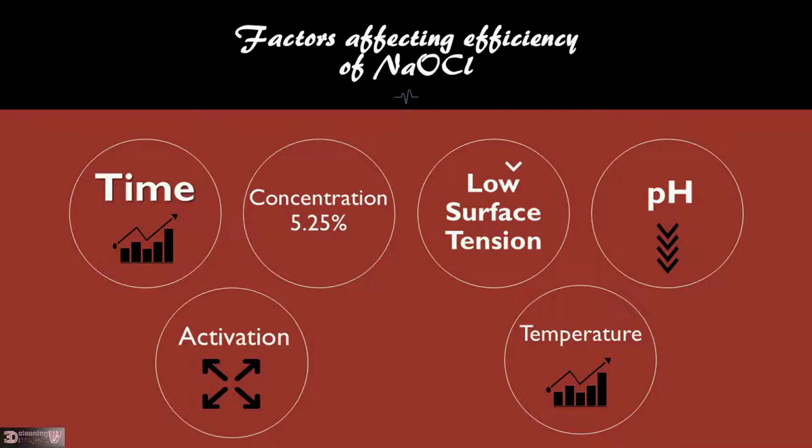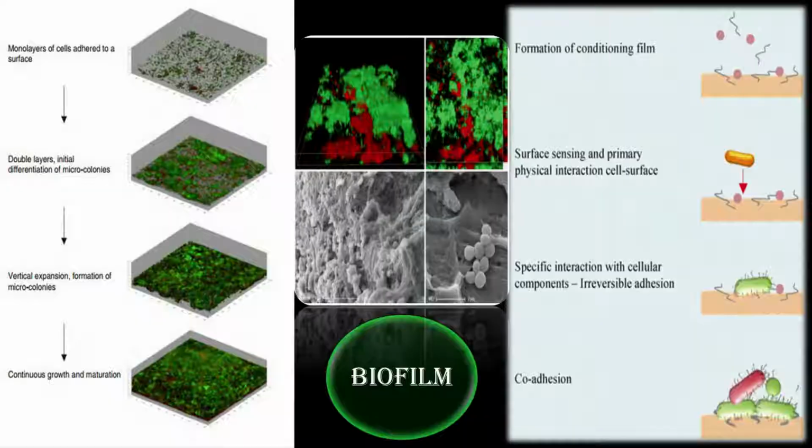Concentration concept. Sodium hypochlorite has been used in various concentrations ranging from 0.5 to 5.25%. More recently, up to 10% also. The American Dental Association accepted concentration for clinical use of sodium hypochlorite as an irrigant is 5.25%. The antibacterial effectiveness and tissue dissolving capacity of sodium hypochlorite is a function of its concentration, but so is